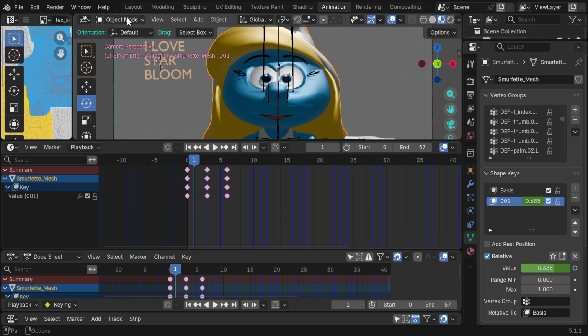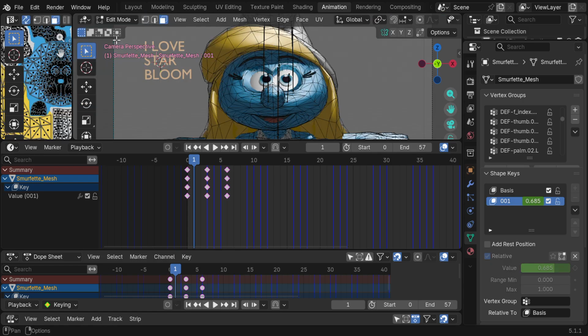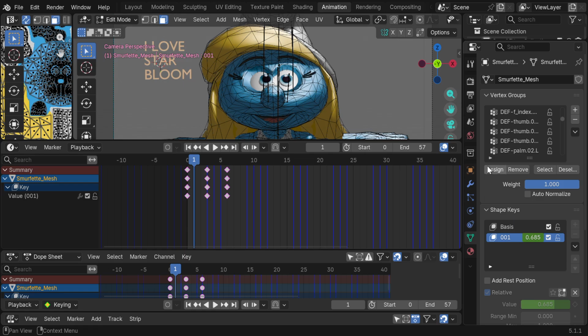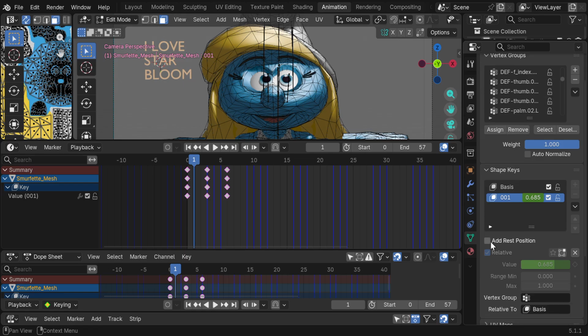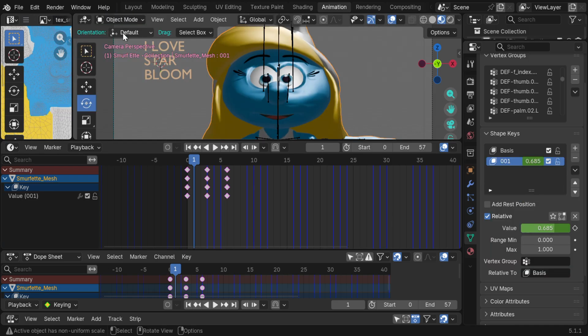And we go to Smurfette mesh, object edit mode, and then down here you can see the relative. It kind of works, and then go to object and then